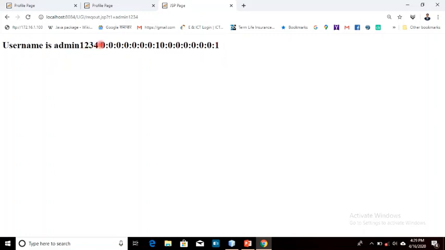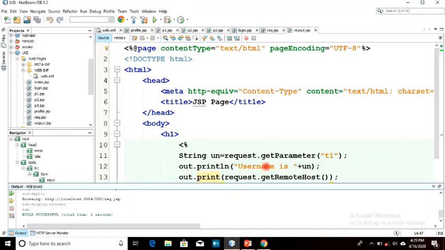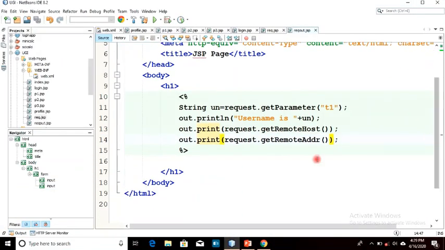As this is not available on the server, this is a localhost, that's why it is printed like this. The remote host and the remote address are printed also. But if you are on a particular server, it will print the remote host name and the address also. So this is the request implicit object.